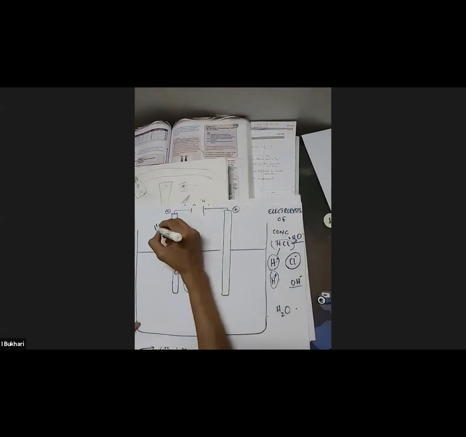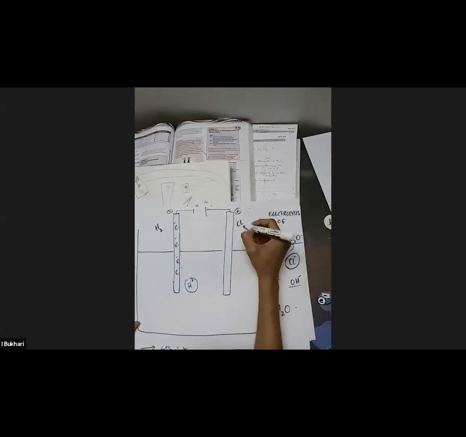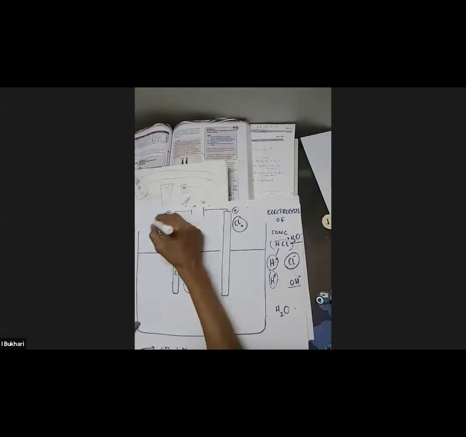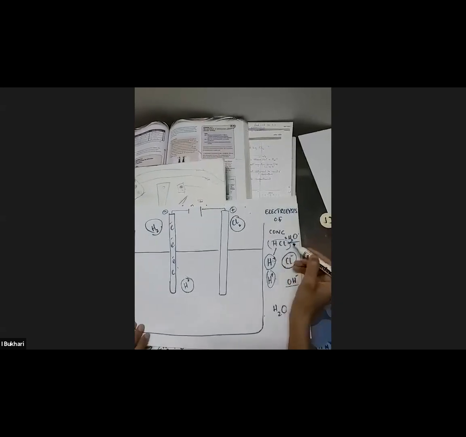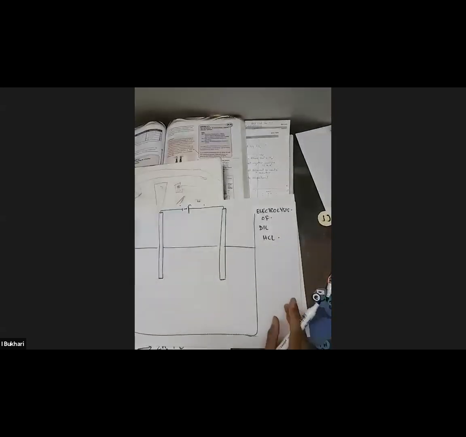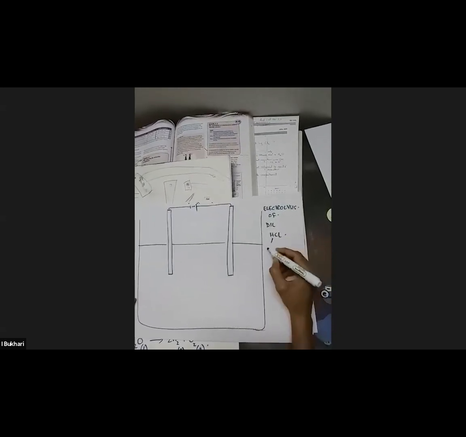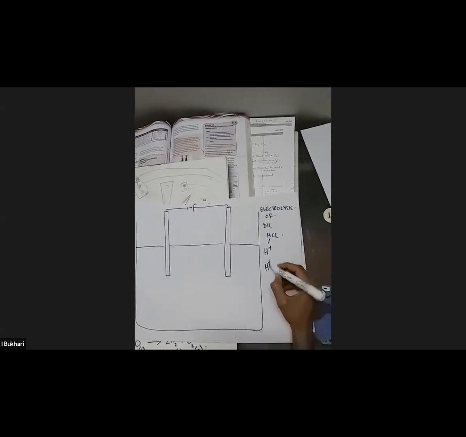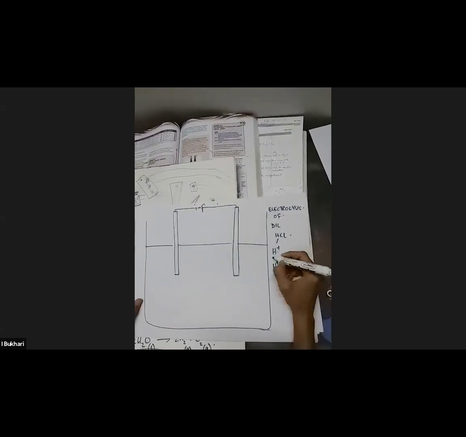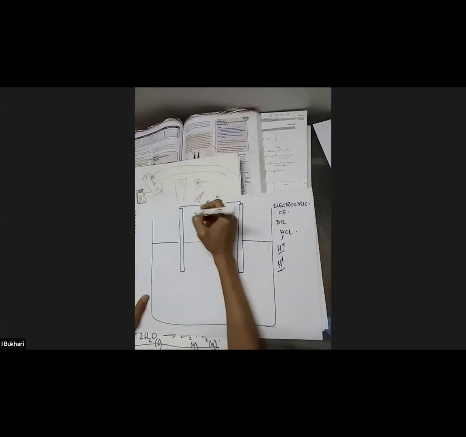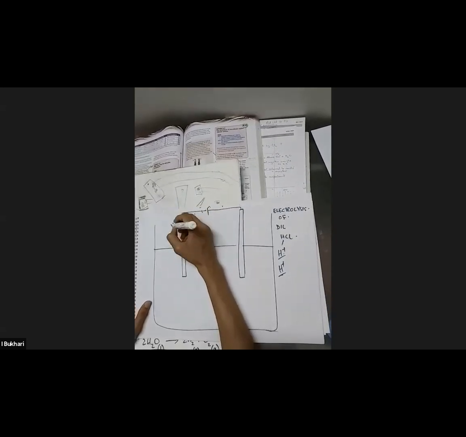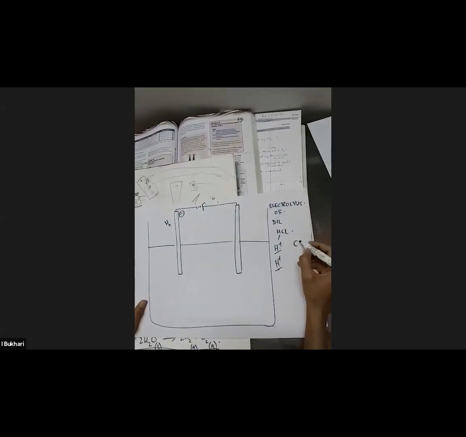So you will have hydrogen gas and chlorine gas discharged here in concentrated hydrochloric acid electrolysis. Then electrolysis of dilute hydrochloric acid. The only difference would be, cations again are the same, hydrogen from water, and from hydrochloric acid we have hydrogen. So hydrogen will be released at the cathode, and chloride and then hydroxide.